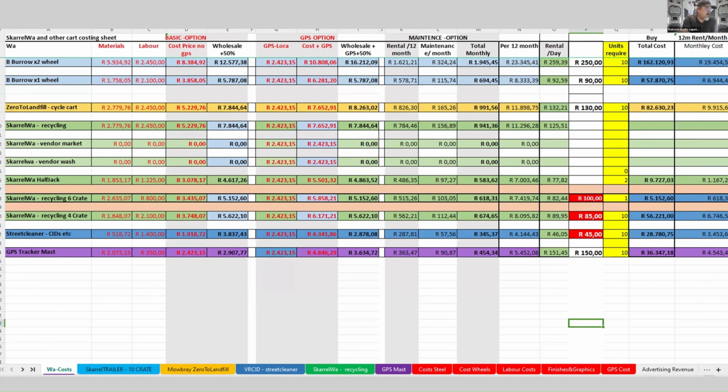If you see the red tabs at the bottom, each one of those pages has a list of costs. We've got about 10 different types of wheels, and if the price of a set of wheels that we use changes, we can update it, and that updates the whole costing for us and also gives us an idea of the margins.